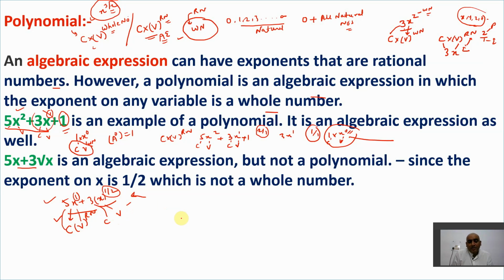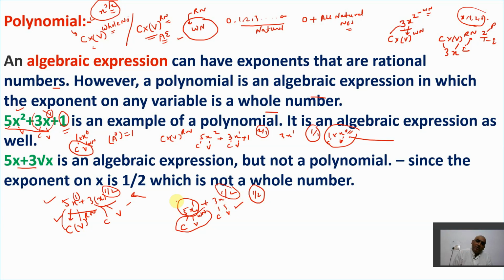Now let me check whether it is a polynomial. The first term is 5x to the power 1. Yes, this is a polynomial term, because this is a constant and this is a variable to the power of a whole number. 1 is a whole number, so it follows the idea of a polynomial. The next term is 3x to the power 1 by 2. 3 is a constant, x is a variable, but the power 1 by 2 is not a whole number. It is a rational number, but not a whole number, so it does not follow the idea of a